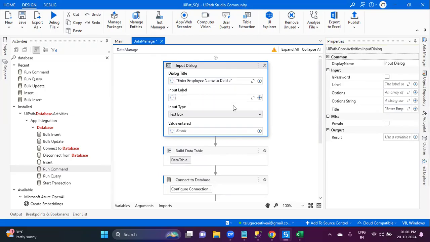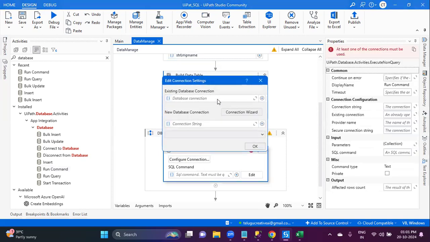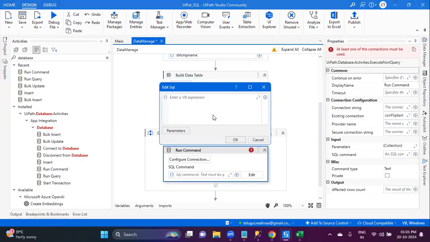I'm just asking the user to enter the employee name, something like strEmpName. So this strEmpName we have to pass into the existing connection